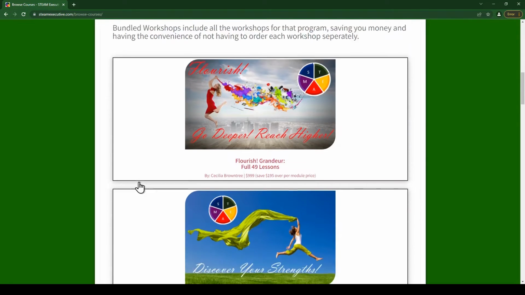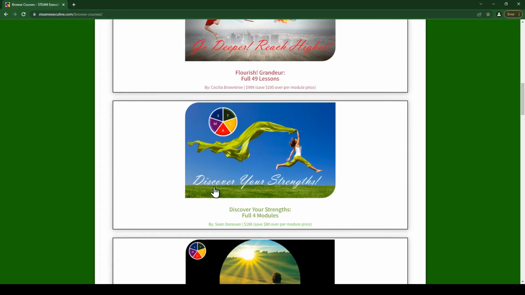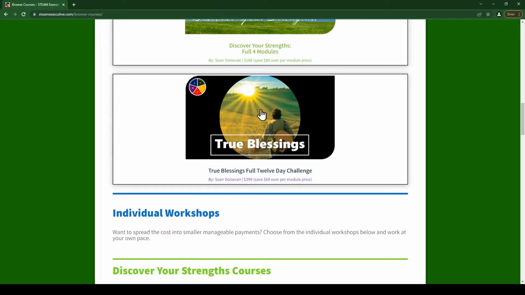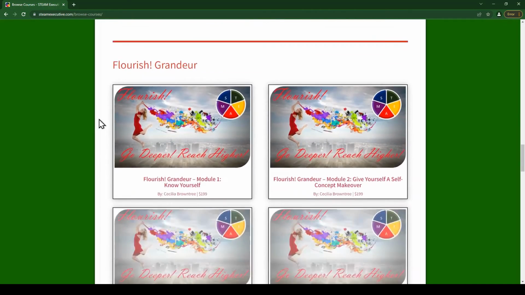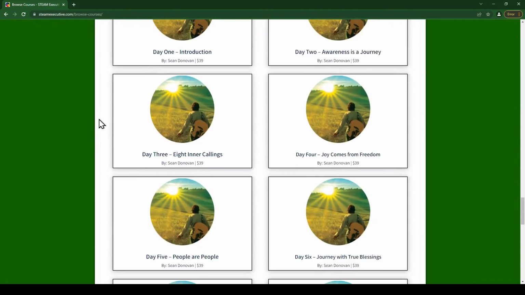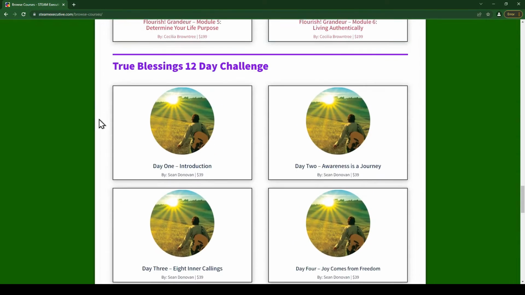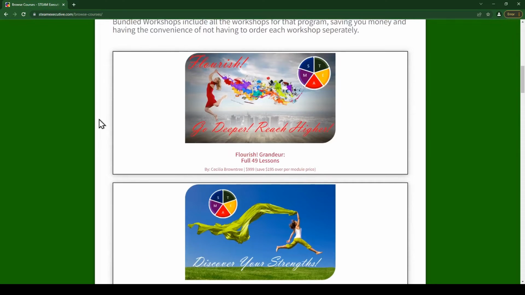The other ones, we've got the full Flourish Granger program, which is the full 49 lessons, is one whole package. The full Discover Your Strengths 4 modules there, and the full 12-day challenge of the true blessings. Or if you just want to do those independently, separate modules, then they're also available down here as separate independent modules. So for example, if we go to the Flourish Granger program to have a look what's in there,